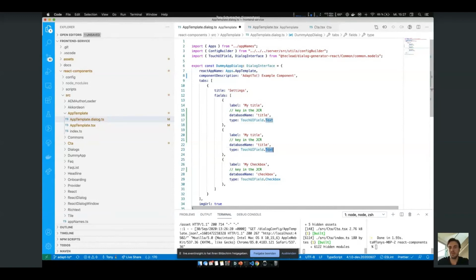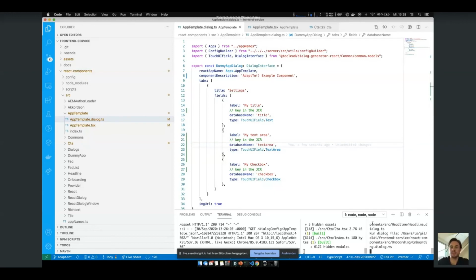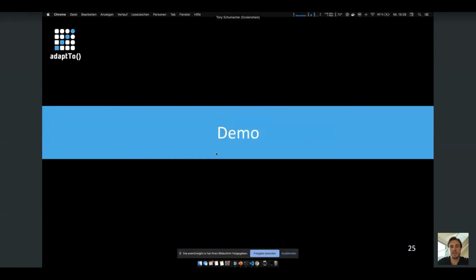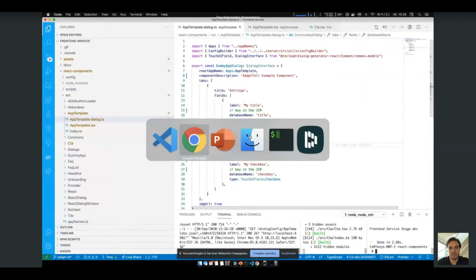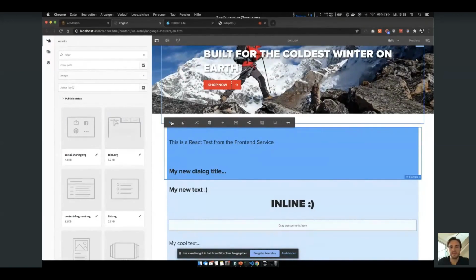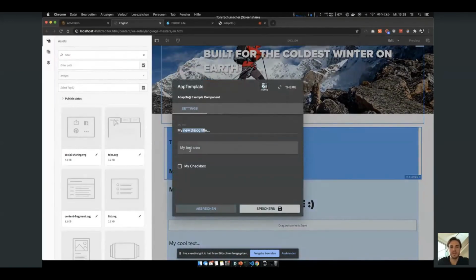So the type of the field can be, for example, a multi-field. You see it's already shown what you can do, an image whatsoever. In that case, we use text area maybe. The database name is what is stored in the JCR. So here's title already. So nice. Let's call it my text area. Something like that. Just save. I hit my yarn build dialogs command, and I'm done. If I check now dialog again, we see my title, and here's my text area and